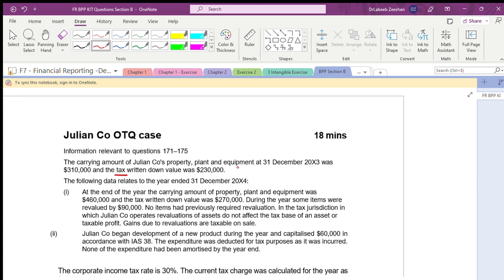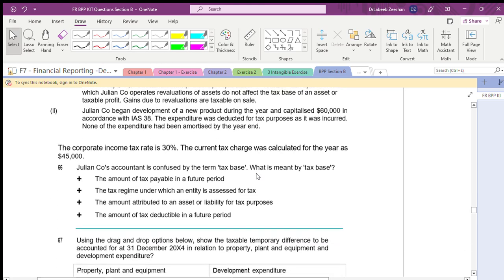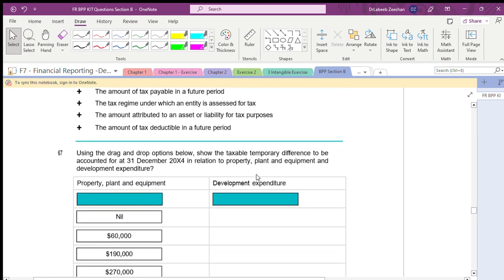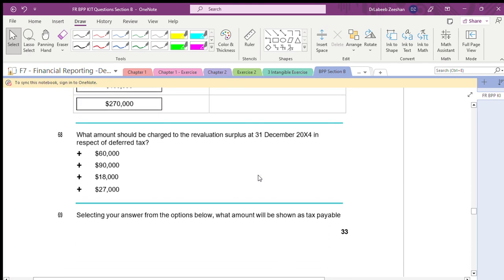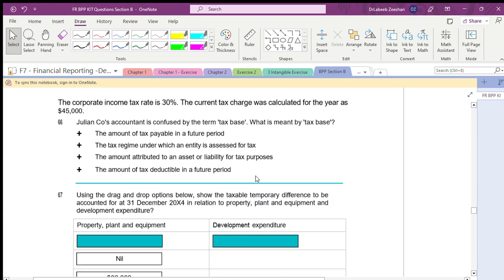They are giving you two scenarios. Based on the scenarios, they have given you some questions for 10 marks. It is Section B. Before we go and solve it,